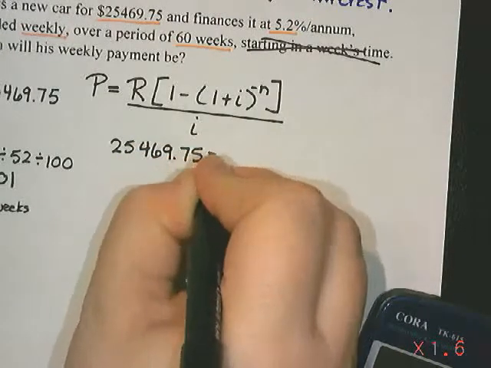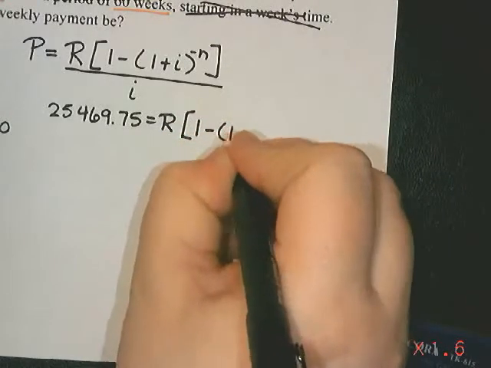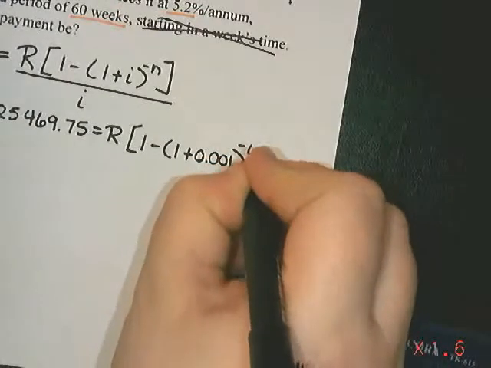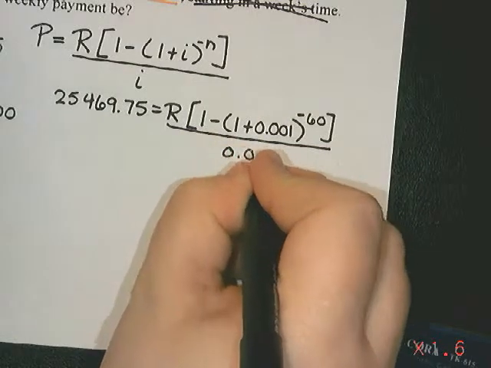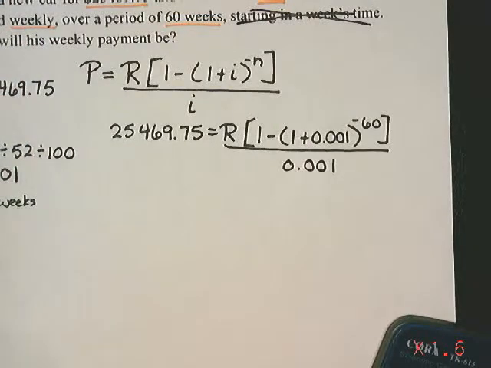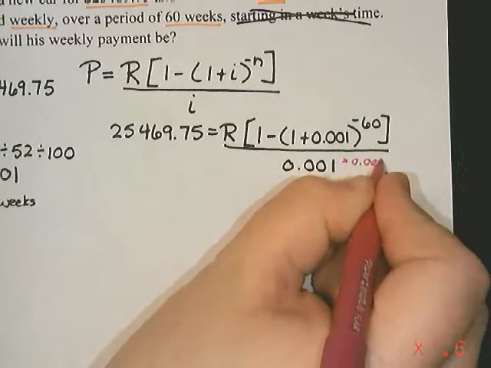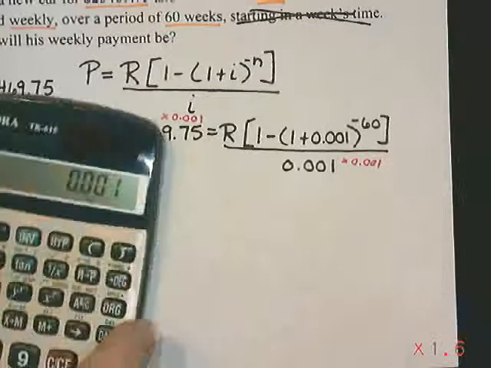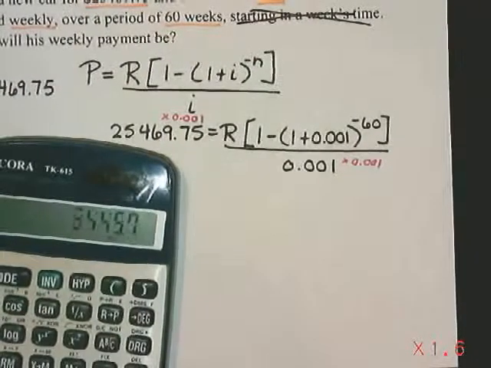So $25,469.75 equals R times 1 minus 1 plus 0.001 to the power of, don't forget the negative, 60 divided by 0.001. So to solve, we're going to start, since I want to get the R by itself, by getting this 0.001 to the other side by multiplying. So 25,469.75